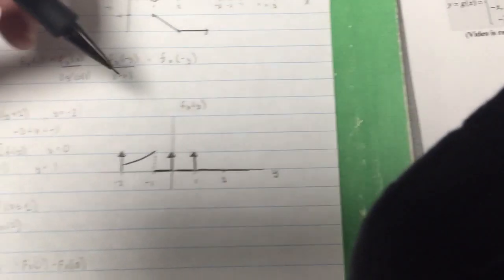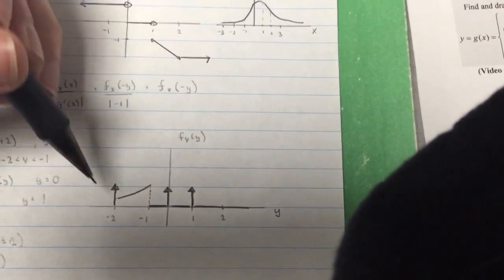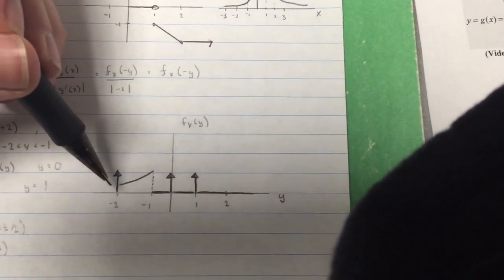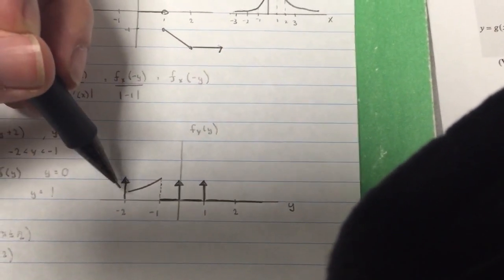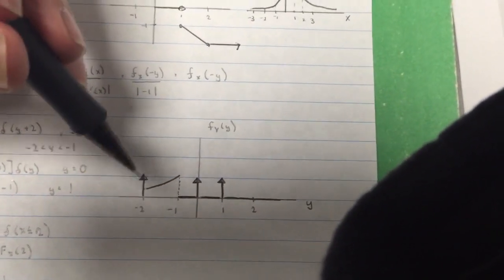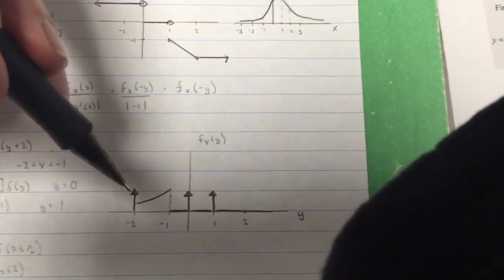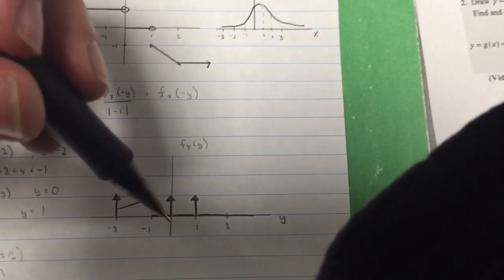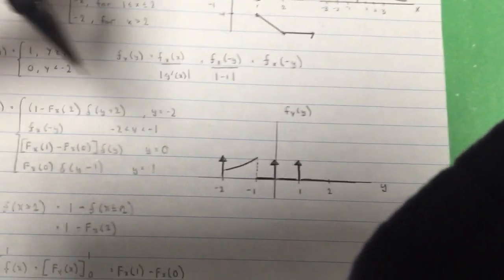Now graphing the small f of y is really simple. You just graph your impulse functions at negative 2, 0, and 1. You should probably also label their corresponding areas. This is not the height, by the way. This is simply just the area of the impulse function. That's important to realize. And elsewhere, where there's no impulse function, it's equal to 0, except between -2 and -1,